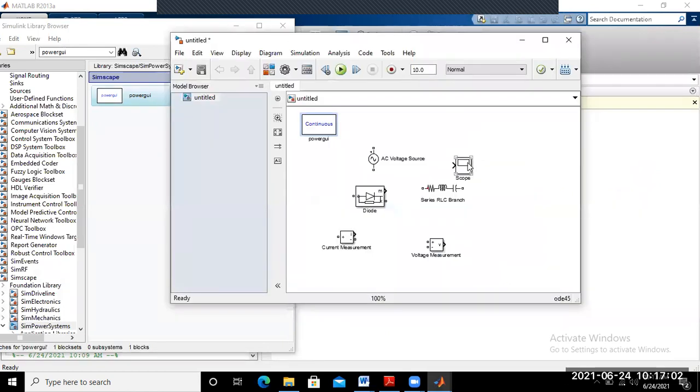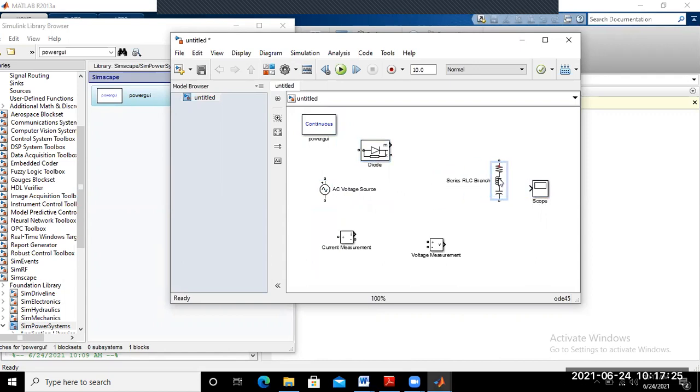So just rearrange all the blocks. Okay. If we press Ctrl and R, we can rotate this branch and arrange accordingly. So how many diodes do you require? 4 diodes. Okay, so just place this one, and if you want 4 diodes, you do not need to drag the diode from the library.